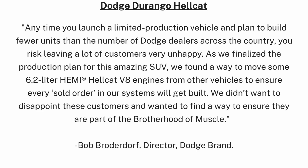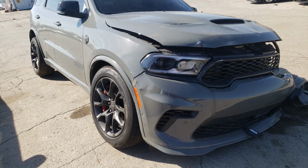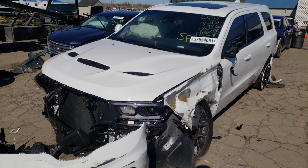We didn't want to disappoint these customers and wanted to find a way to ensure they are part of the Brotherhood of Muscle," end quote. And speaking of the Durango Hellcat, there have been already 2 of these 2,000-plus vehicles destroyed, as evidenced on Copart.com,